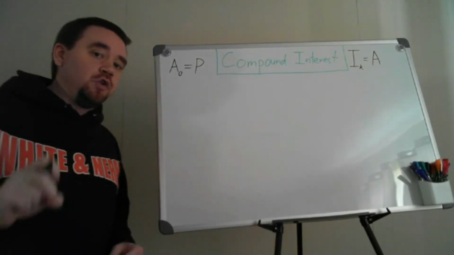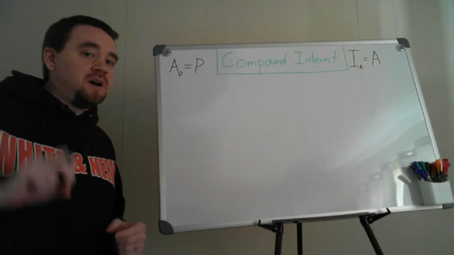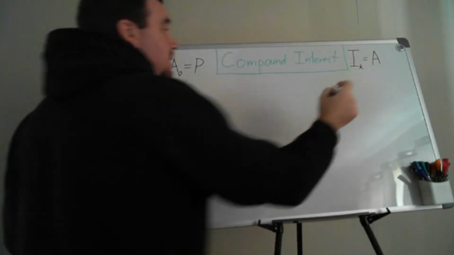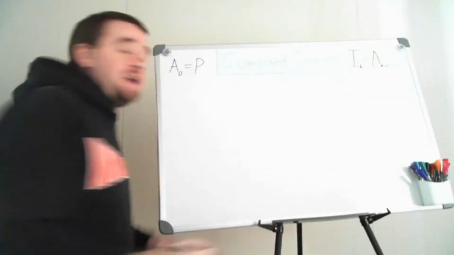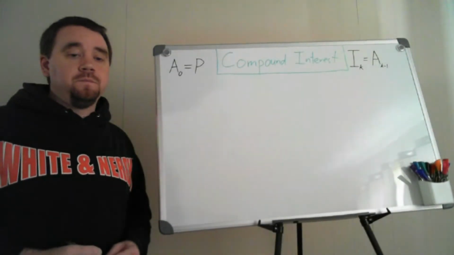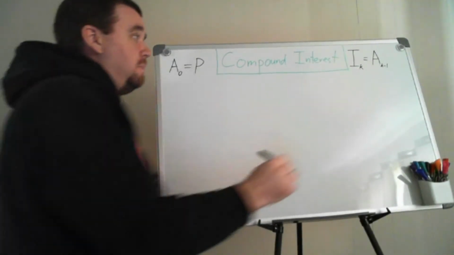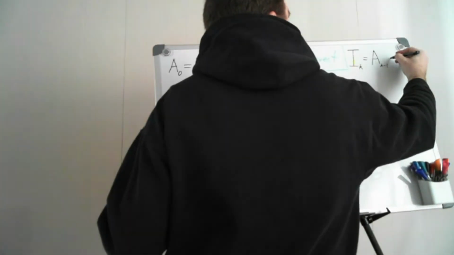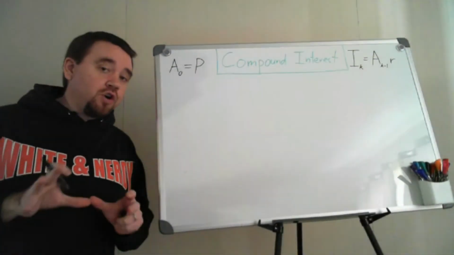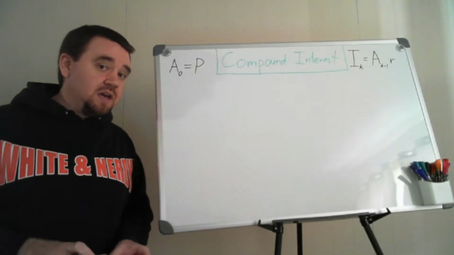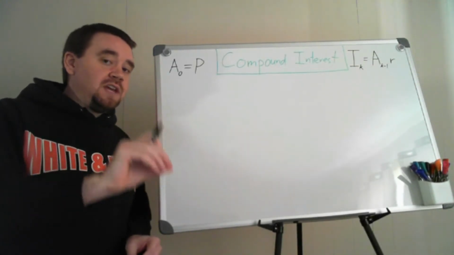Well, the amount of money accrued up to that point was how much money at the previous compounding period, so it's not k, but k minus 1. And I still multiply that by the rate. Okay, my interest rate hasn't changed, and it's still per time period t,